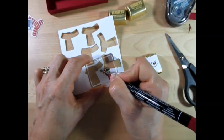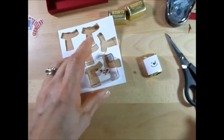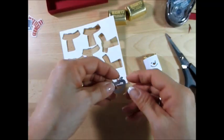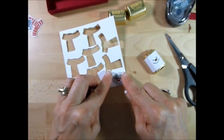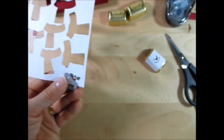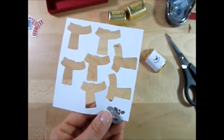And I did that with the markers. Bang, stamp that, and then you're going to take this little piece here, see it fit perfect, cut that with the Big Shot. When you cut with the